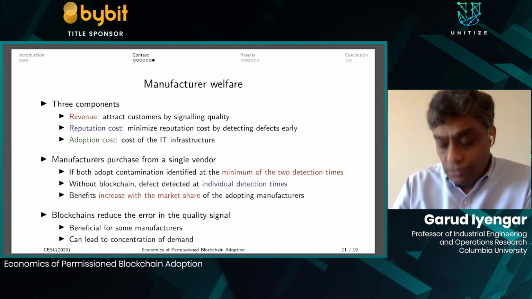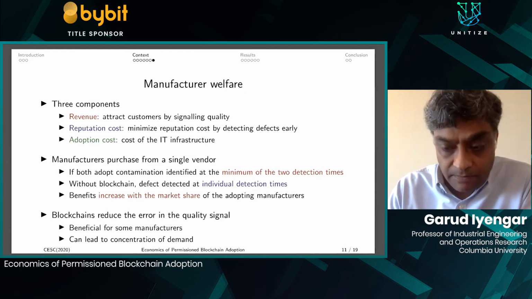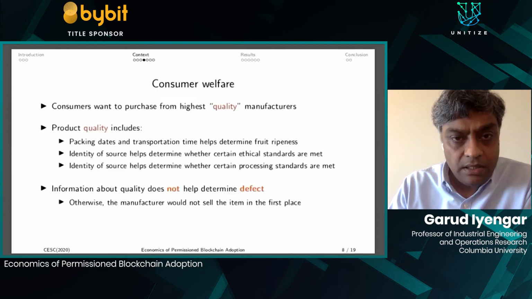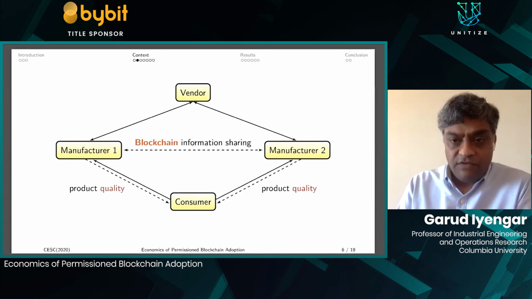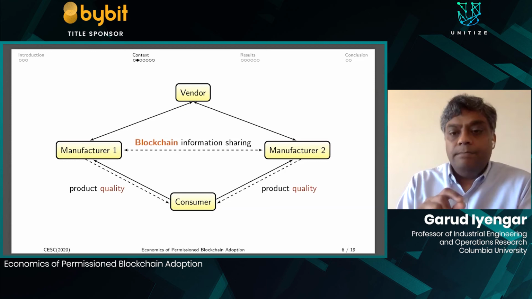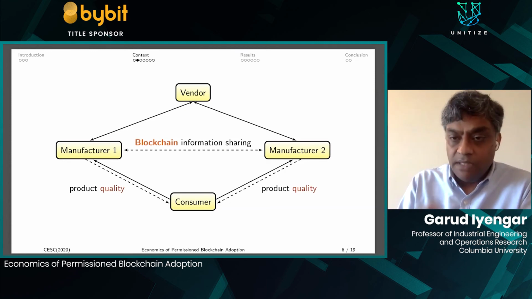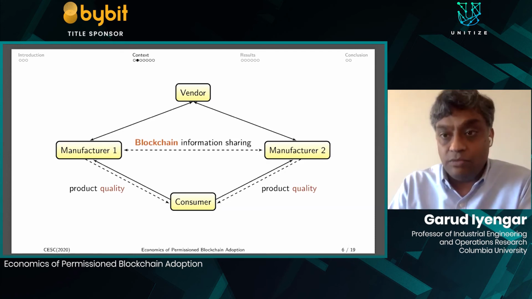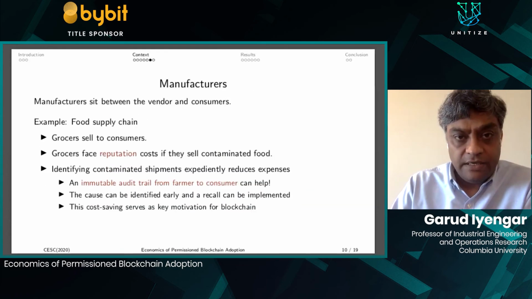And now we're going to go through and show you various results that we've been able to obtain in this setting. Just to fix ideas, let me remind you of the network. Here's the network, single vendor, n different manufacturers. We're trying to understand when and why manufacturers adopt or do not adopt the blockchain. There's a consumer downstream. The consumer gets better quality information if the manufacturers happen to be on the blockchain. All right, so going back to the results section now.